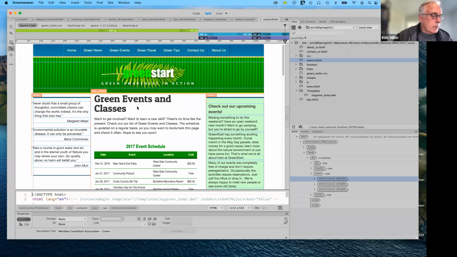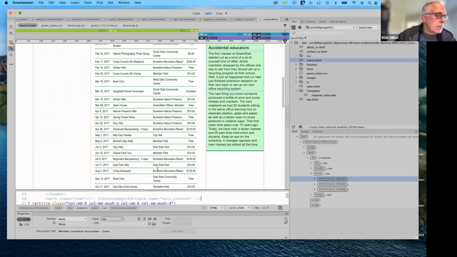Well, I guess we're going to do the other parts first. We're going to create where we're going to put the targeted links. So that's okay. Let's go ahead and scroll down here. I was going to suggest that we go back, because you're going to have to go back to the